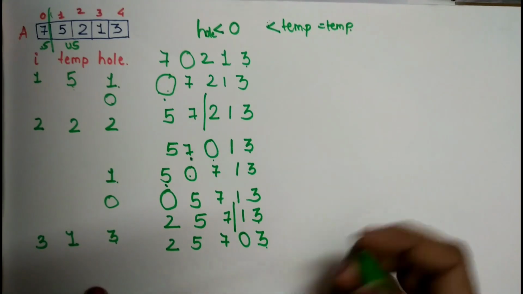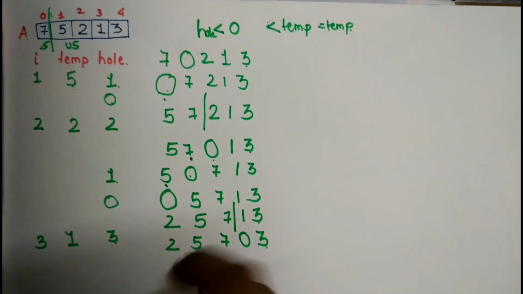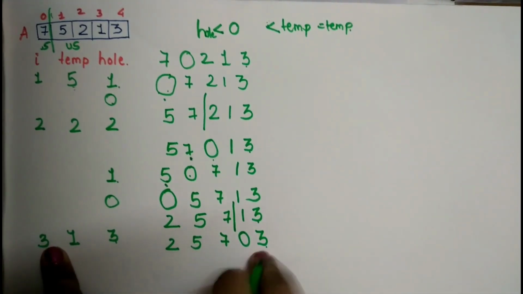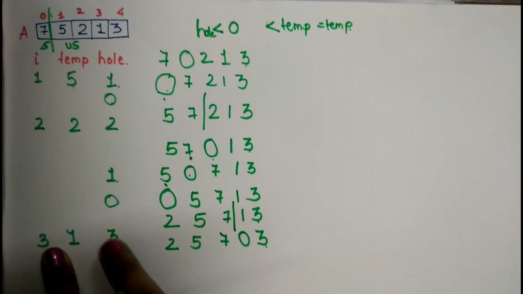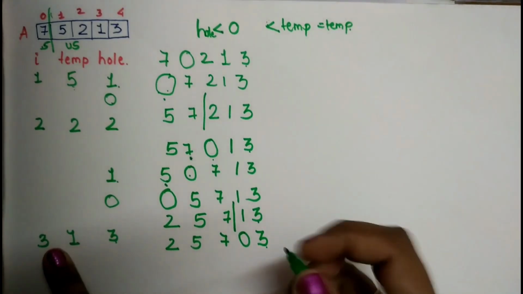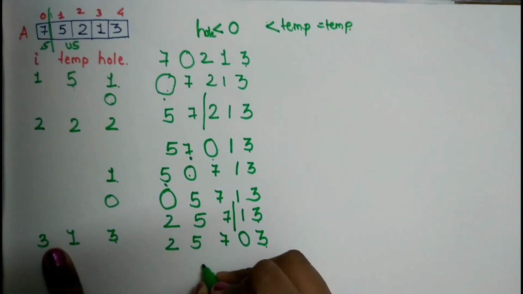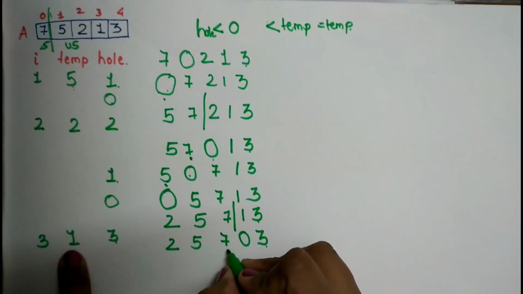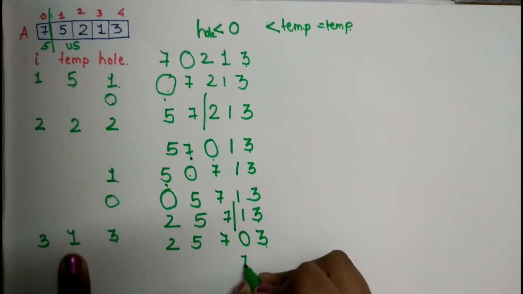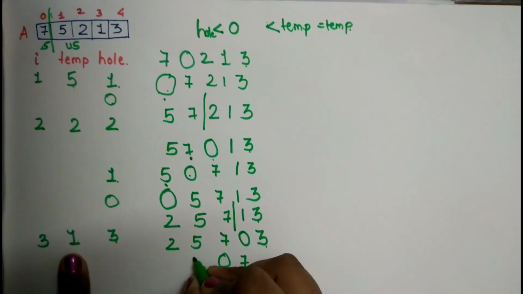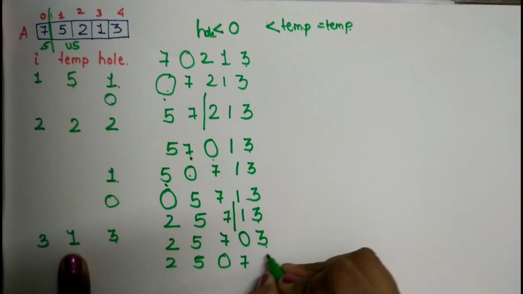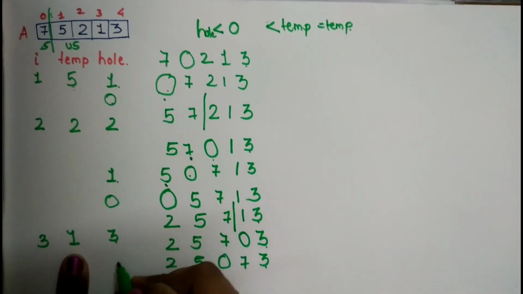Now again the same procedure: find the elements that are greater than my temporary, move them one step ahead and bring the value of temporary back to the whole as per the ending conditions. Okay, so now I see 7 is greater than 1, so move it one step ahead. Here will be my whole, 5, 2, here will be 3. So then now the value of whole will be 2.